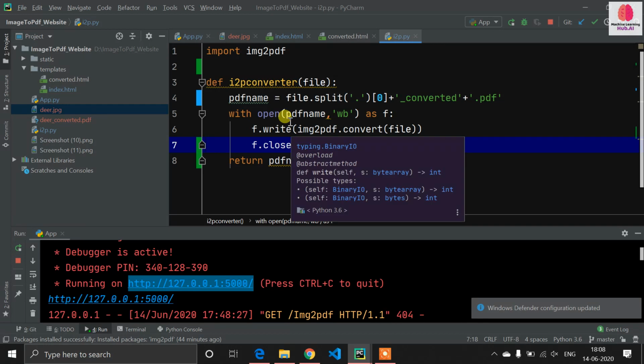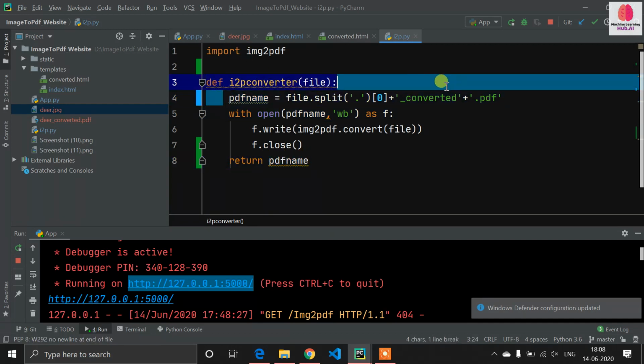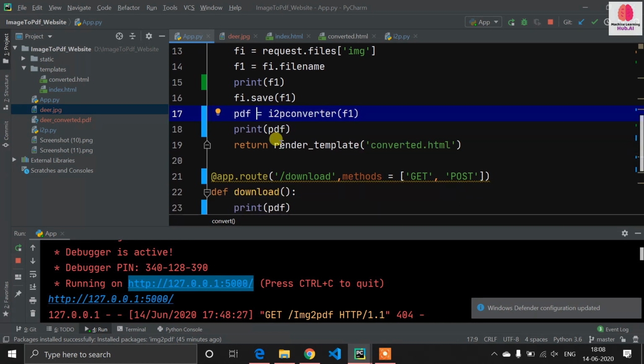Now our other duty is to send our PDF file to the user. That's why I have written this PDF name, because without the PDF name we cannot send our PDF file to the user. So I stored PDF is equal to I2P converter, and in PDF our PDF name will be stored.